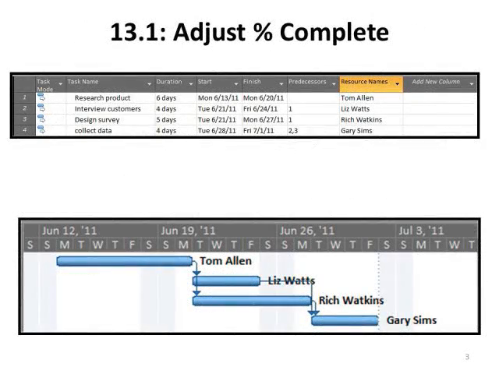So 13.1 starts out fairly easily. You're going to add the task, the duration, the predecessors, and the resource names right into a blank Microsoft Project schedule. And you'll see you're creating that Gantt chart as you go through and enter that information. Now, you may not be able to read it here on the screen, but it's right there in section 13.1